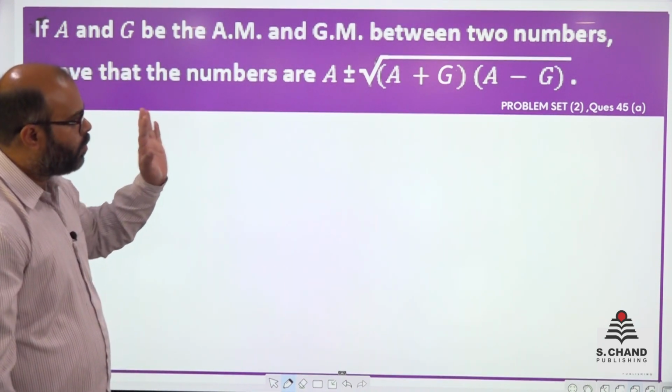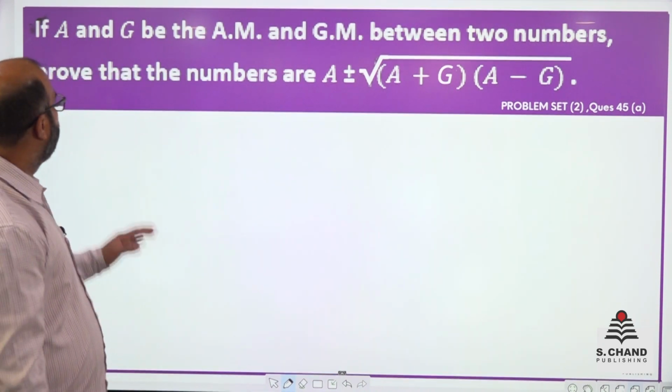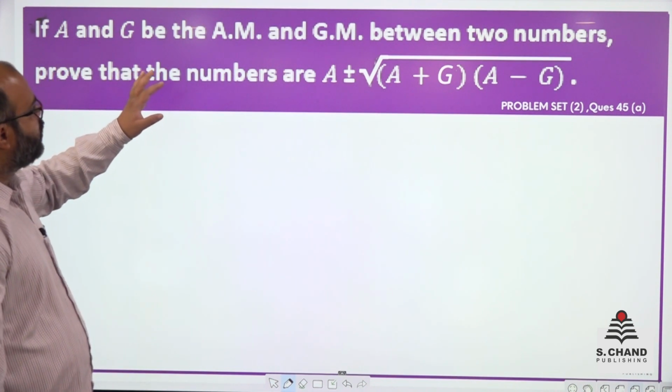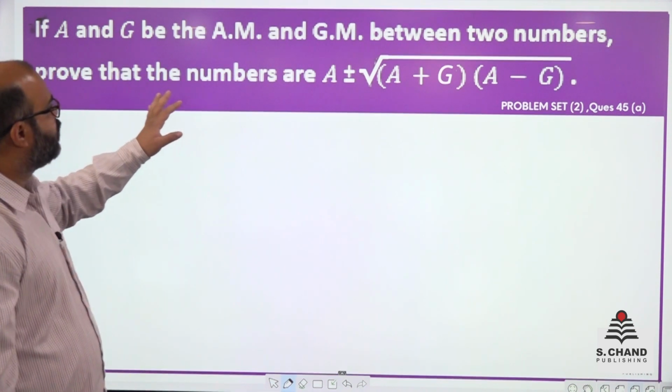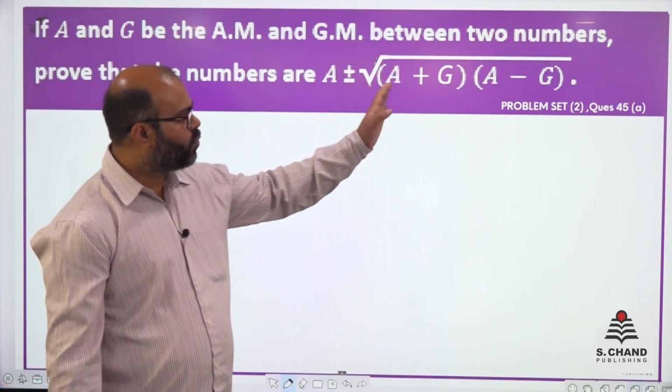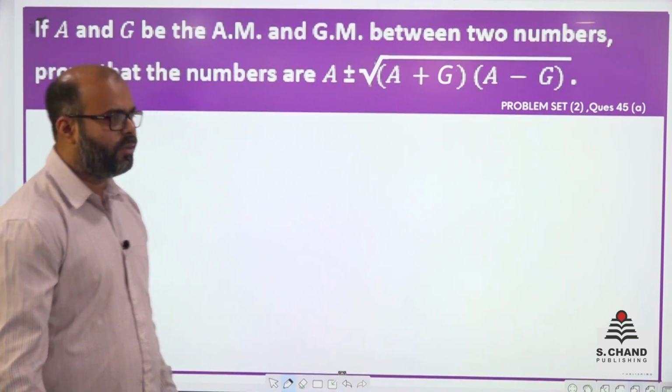Next question, problem set 2, question 45A. If A and G are the AM and GM between two numbers, prove that the numbers are A plus minus square root of (A plus G) into (A minus G). So